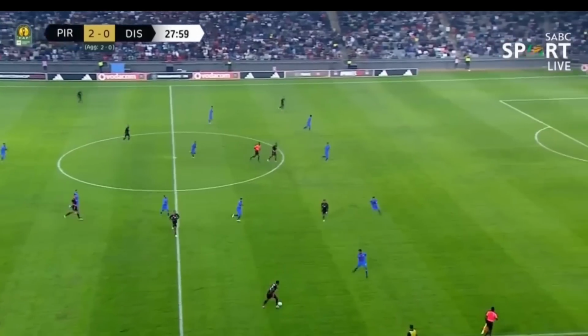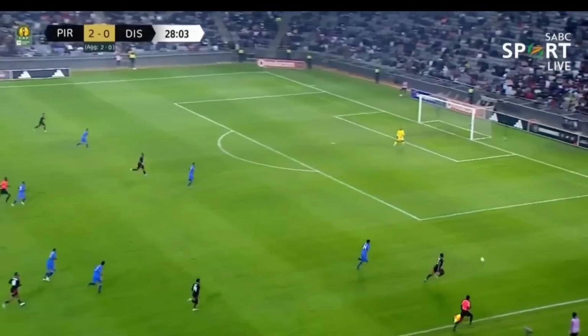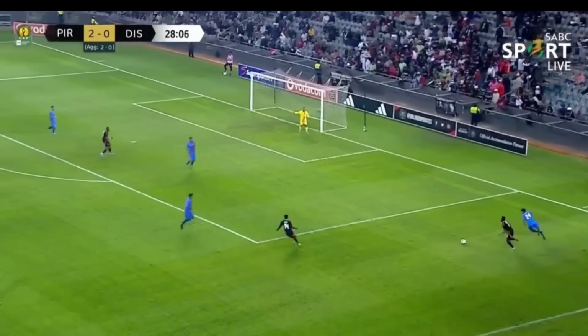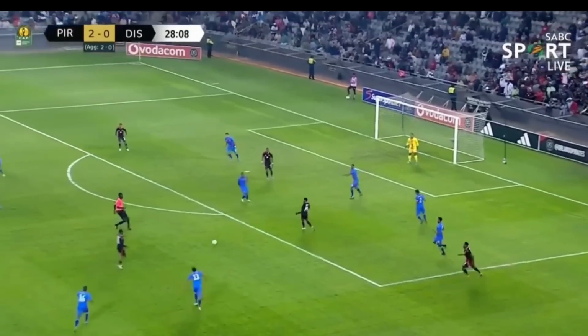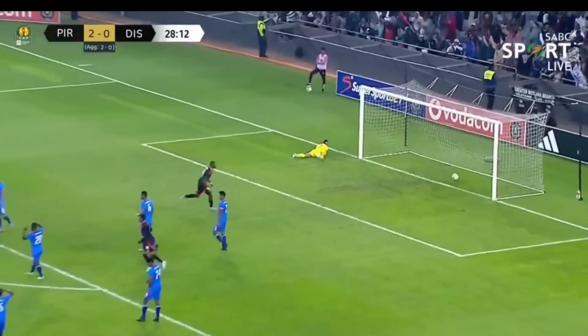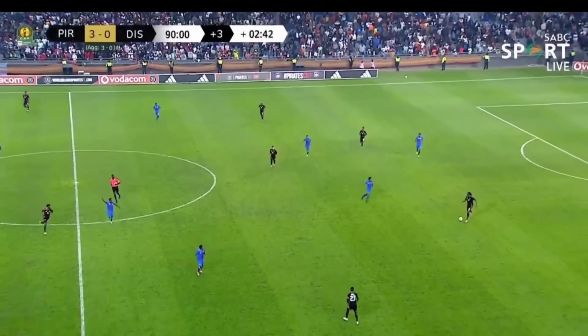But we continue. You see the same thing happens now. We play the ball to the back. We play the ball to the front. Monyane gets the ball. The space is created. Upusalen has the ball. They clear the ball, and look who's arriving late. It's Tito, and he takes a wonderful goal. He makes it 3-0 in 30 minutes.